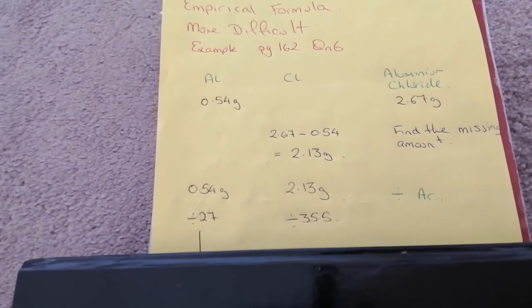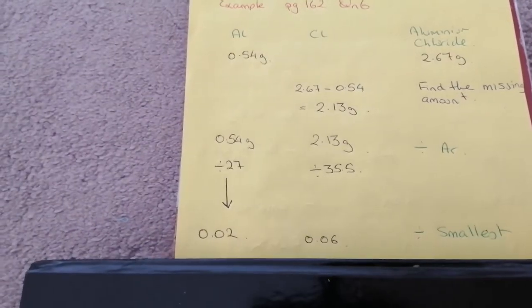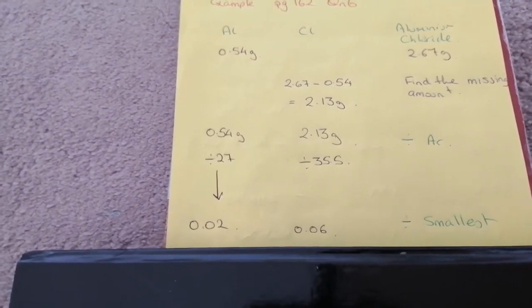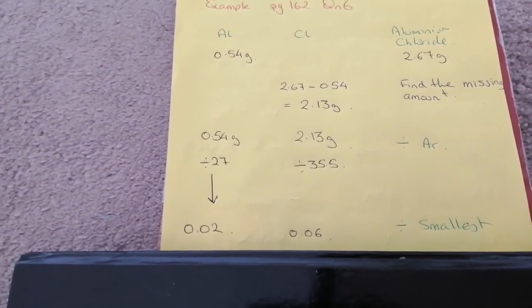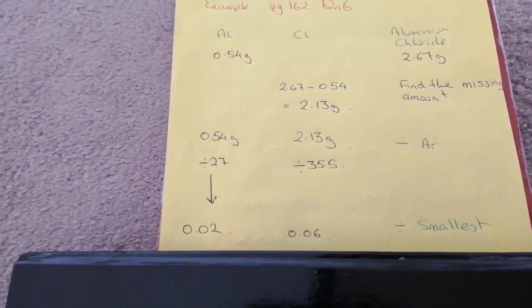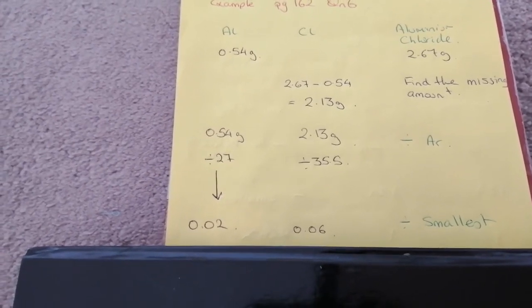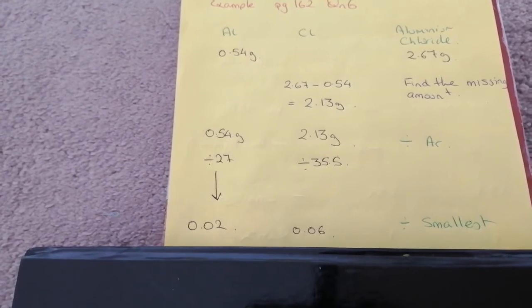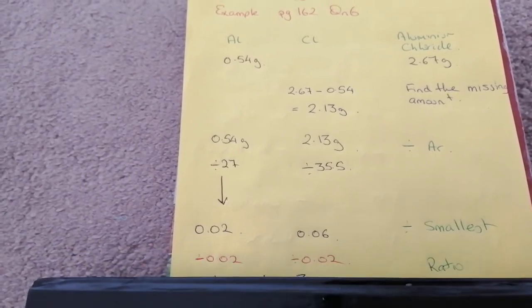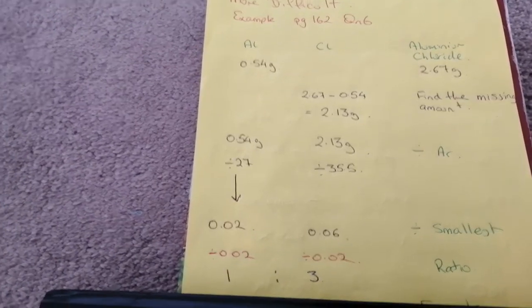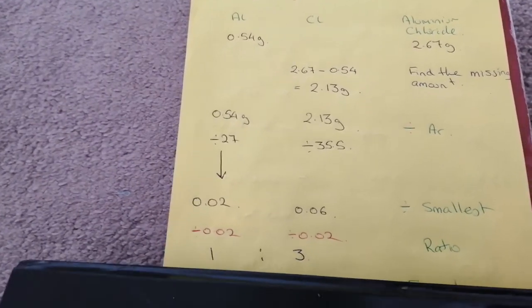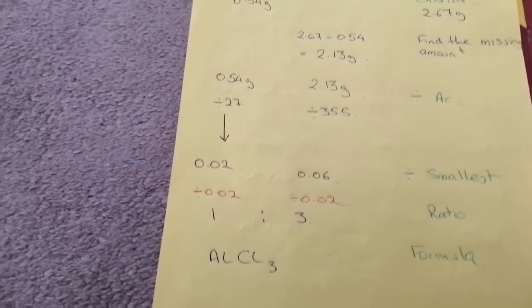That means we end up with 0.02 moles of the aluminium and 0.06 moles of your chlorine. In this case, we're dividing across by the smallest. Obviously 0.02 is smaller than 0.06, so we divide across by the 0.02, and we end up with a ratio of 1:3, which means that our formula then is